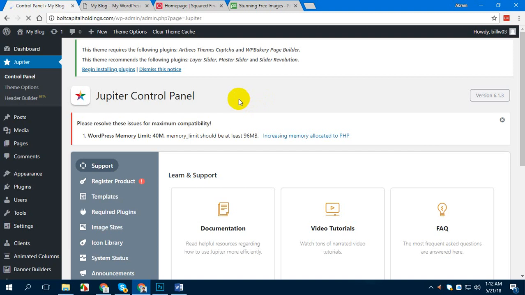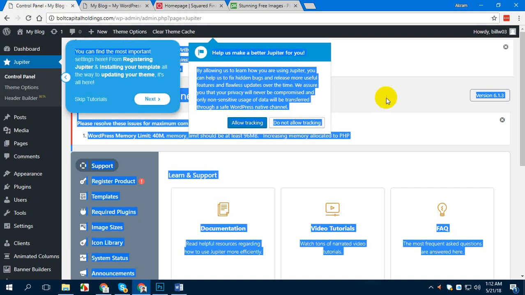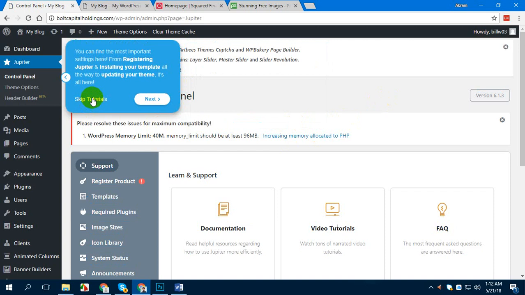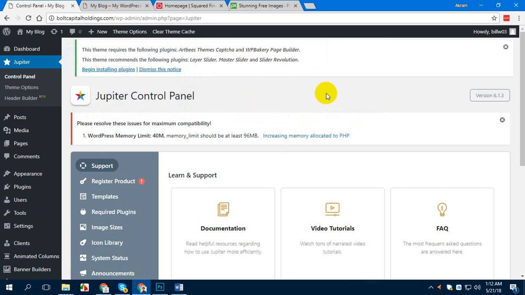Here you can see I have the notice that the theme requires the following plugins. I'm going to skip these things. These are not necessary to see. So here I see the notice, the theme requires the following plugins. These are the plugins. These are already built in. So if I click on begin installing plugins,